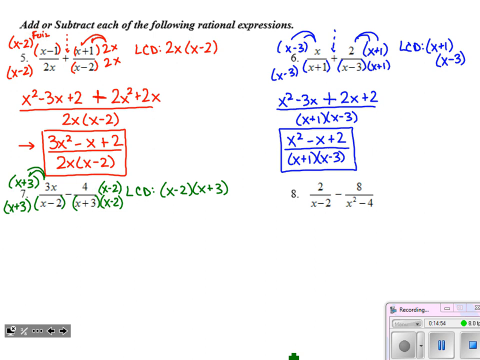And thankfully, again, all we need to do is distribute, but we want to be careful. This time it's a big subtraction happening in the numerator, and that negative will distribute. So I've got 3x squared plus 9x, then a big subtraction, 4 times x minus 2. Okay, and if I were you, I would put everything that came from the numerator of the second fraction in a set of parentheses just to be sure I don't miss a negative sign distributing. Okay, but again, that's all happening over our least common denominator.